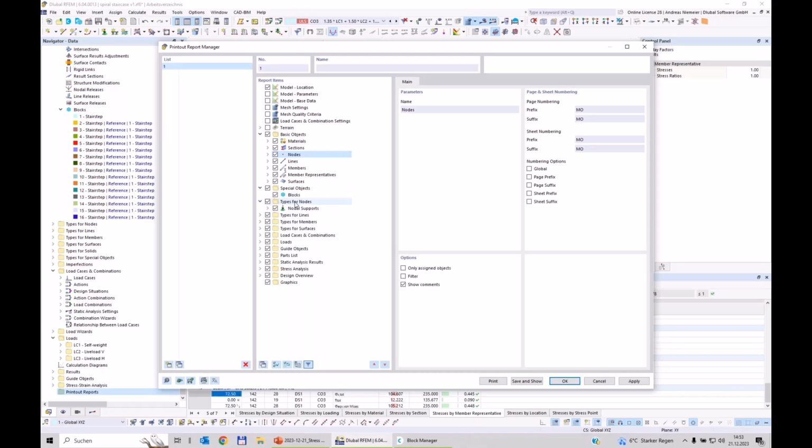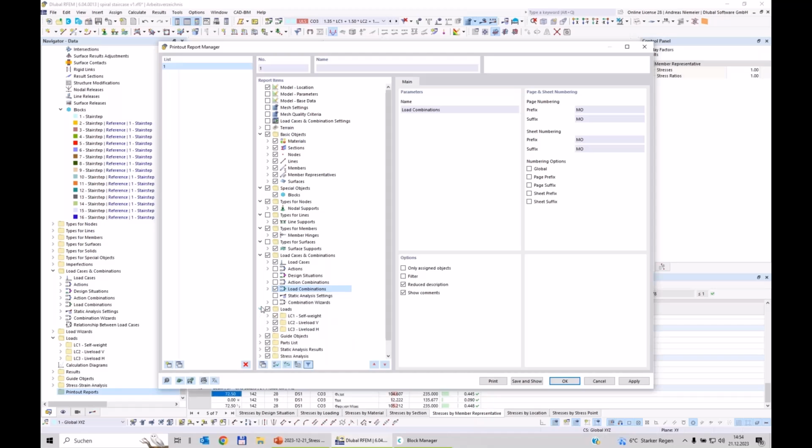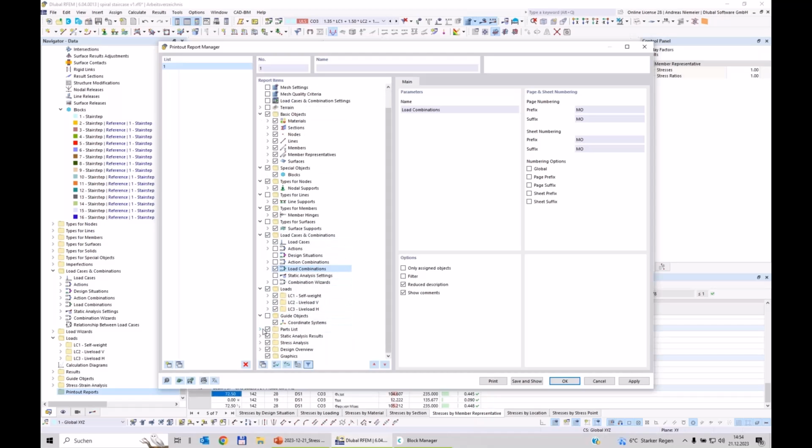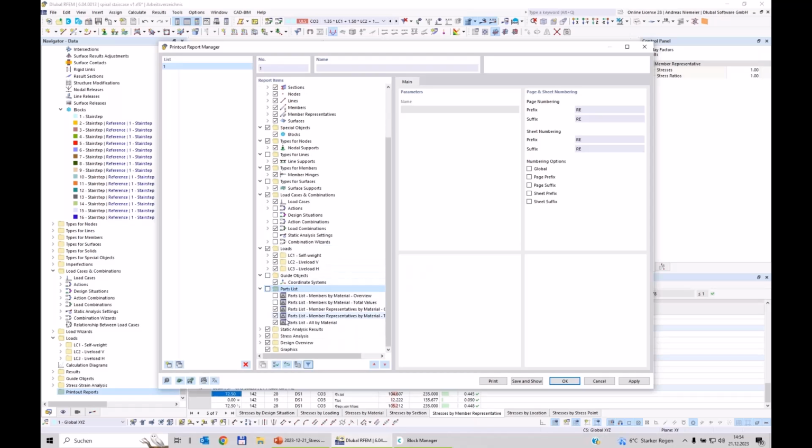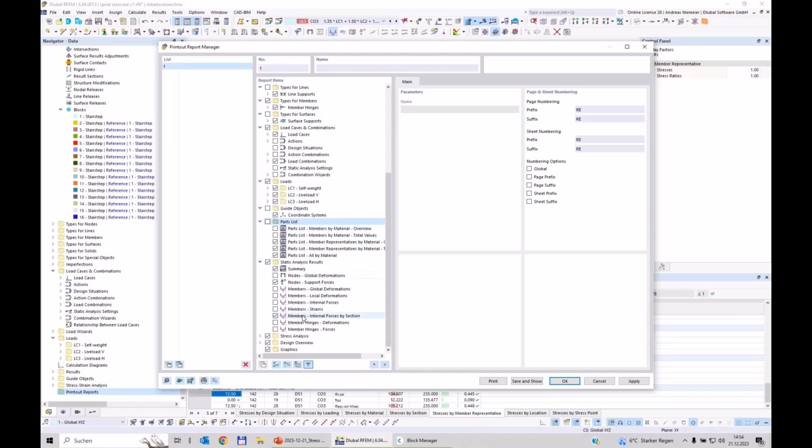We want to see type for nodal supports is okay, line supports I haven't, hinges is okay, surfaces not, we don't need, load cases is okay, load combinations also maybe with a reduced description, loads, guide objects I don't need, part lists I don't need, static analysis setting only summary,